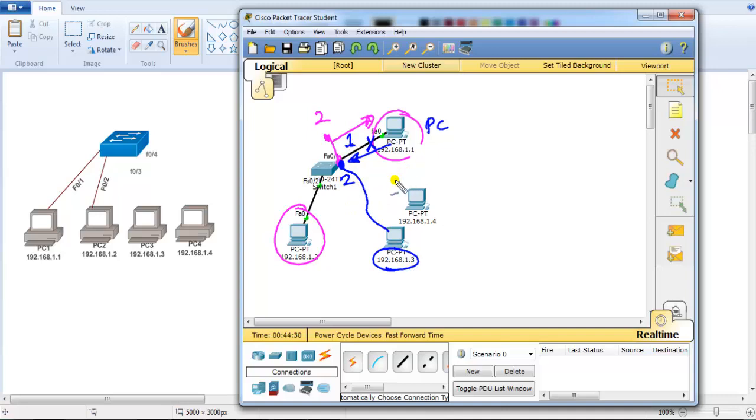And then I'm going to define the default violation rule, and the default violation rule is shutdown. I'm going to remove this connection and then connect another device. So which means the MAC address of 1 and MAC address of 2 are learned, and if it learns a third MAC address, it's going to simply put the port into error disabled state. So that's something we are going to verify here, port security.